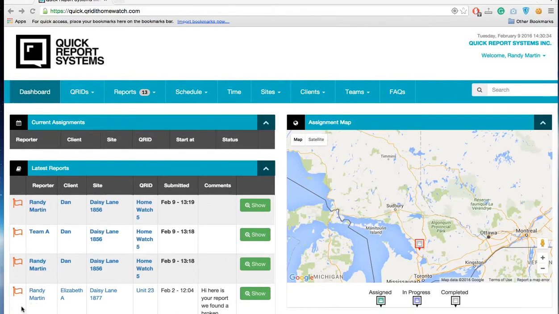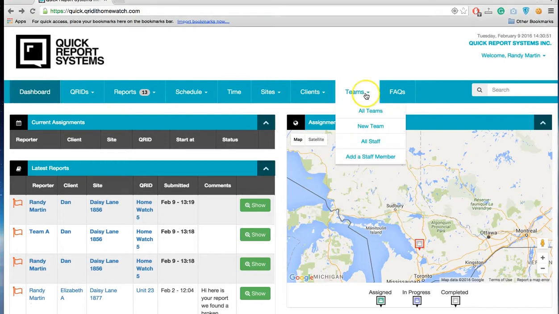You're going to see some neat changes to the scheduler that we just released, and they're very similar to the way the old original scheduler functioned. So let's get started. Go to your main dashboard, go over to your menu bar and click the drop down menu for teams, and you're going to notice that there's all teams, new team, all staff, and add a staff member. So this view has changed a little bit now that we've added the ability for you to